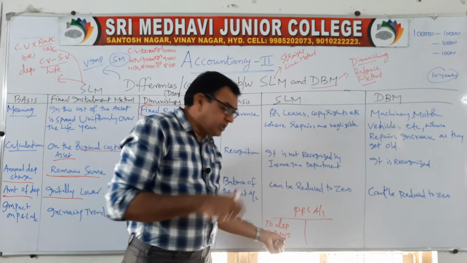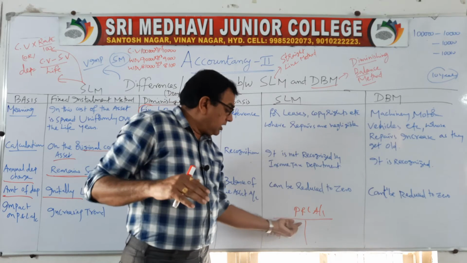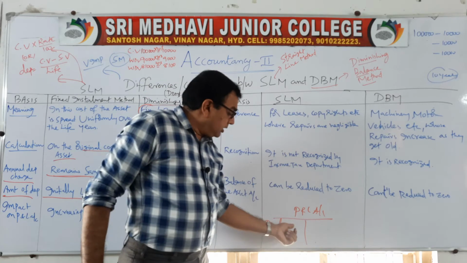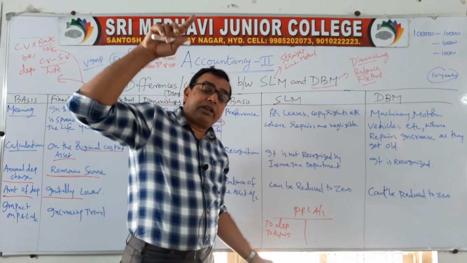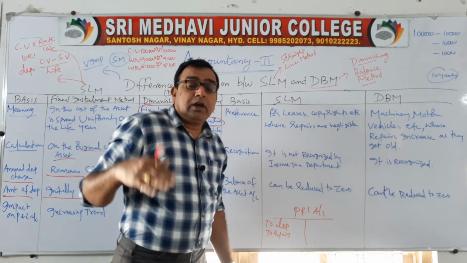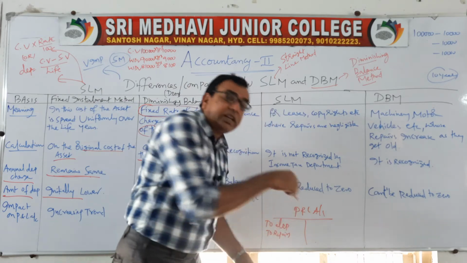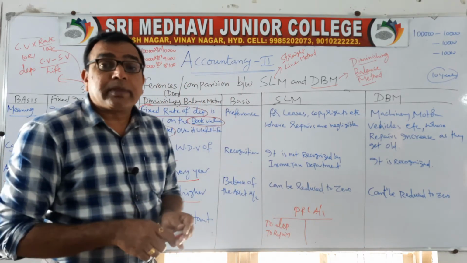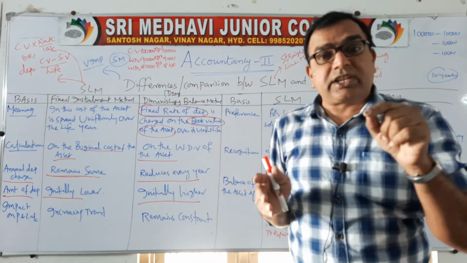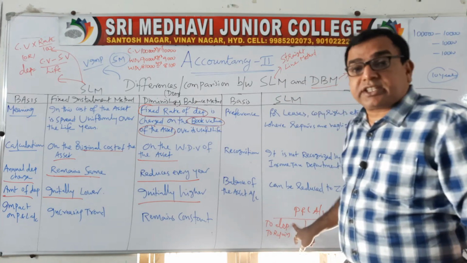So, as your asset becomes old, you need to put in a lot of maintenance cost. In the initial stages, repairs will be less, but depreciation remains constant, 10,000 remains 10,000. As the years pass on, depreciation remains the same, but the repairs cost will increase. So, this plus this, the impact will increase as time passes on. But in the diminishing balance method, even though the repairs increase, depreciation decreases. So, impact on the profit and loss account remains the same.